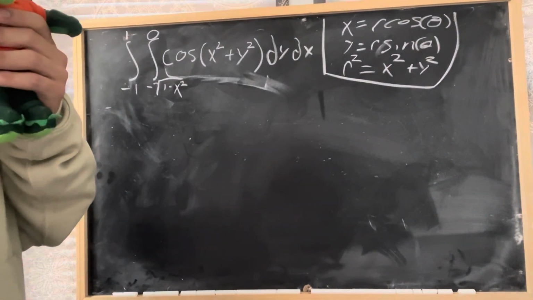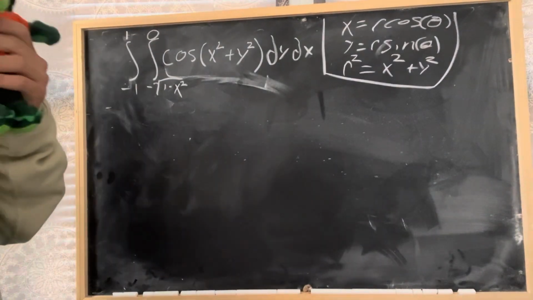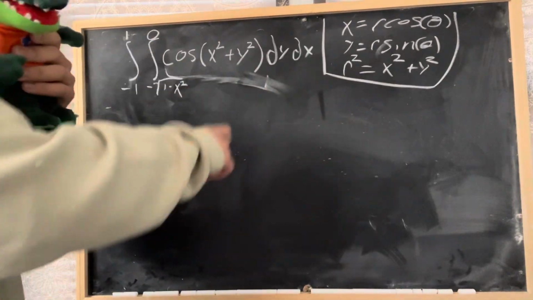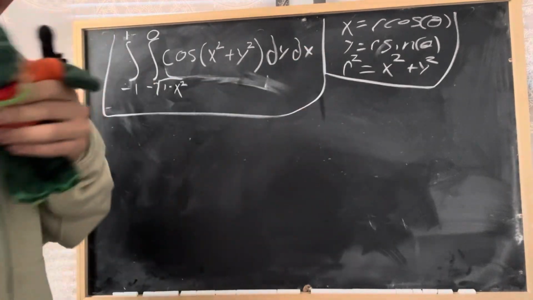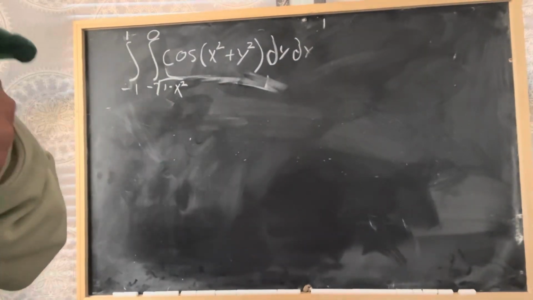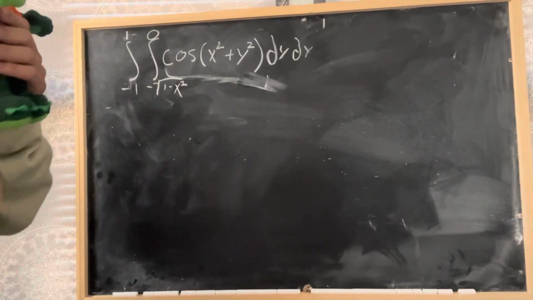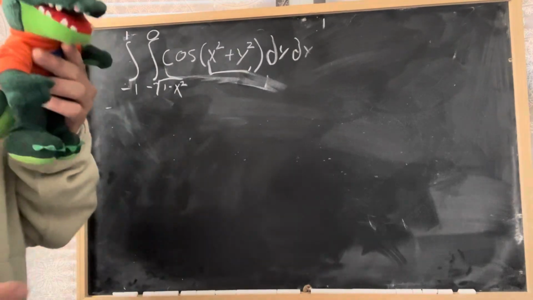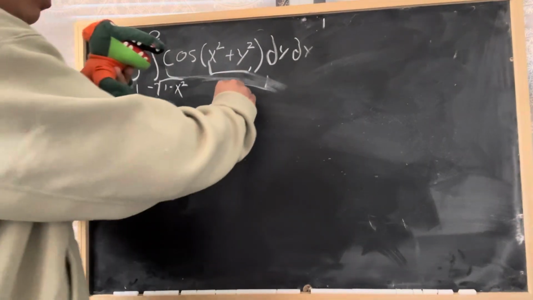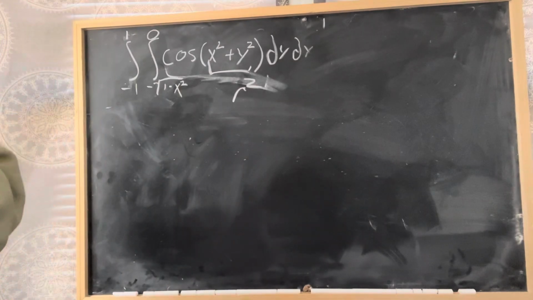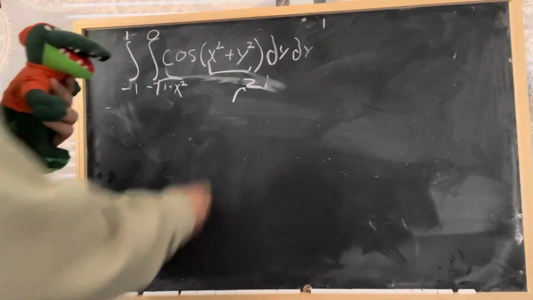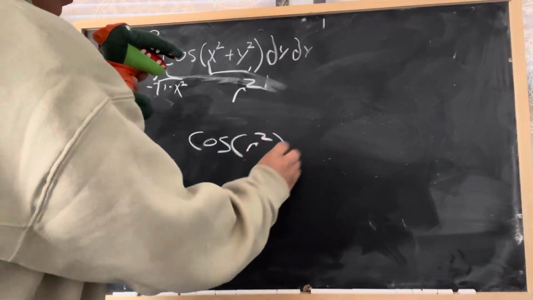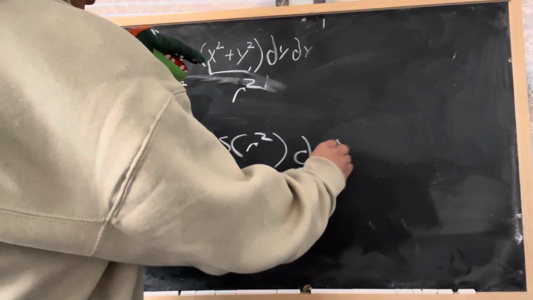Everything from x and y turns into r and theta, because that's what we'd be integrating with respect to. And now I'll show you everything that you need to change in this Cartesian double integral. First things first, right off the bat, we can see that we have x squared plus y squared inside of the parentheses. So obviously, that's going to turn into r squared, because that's one of the rules of translating. So we can write down cosine of r squared, and then we can go ahead and write dr d